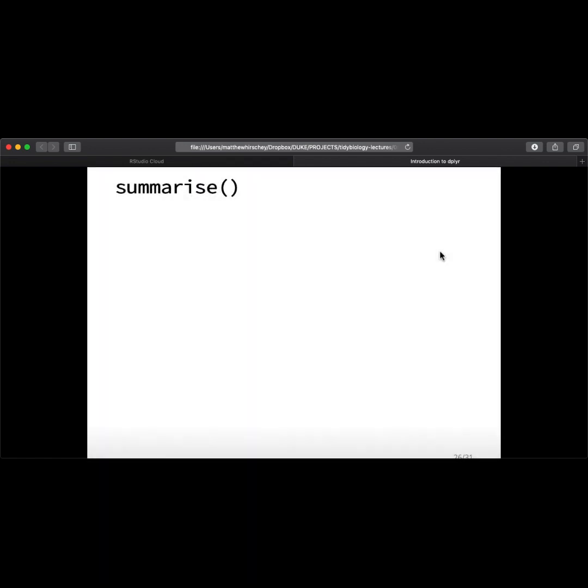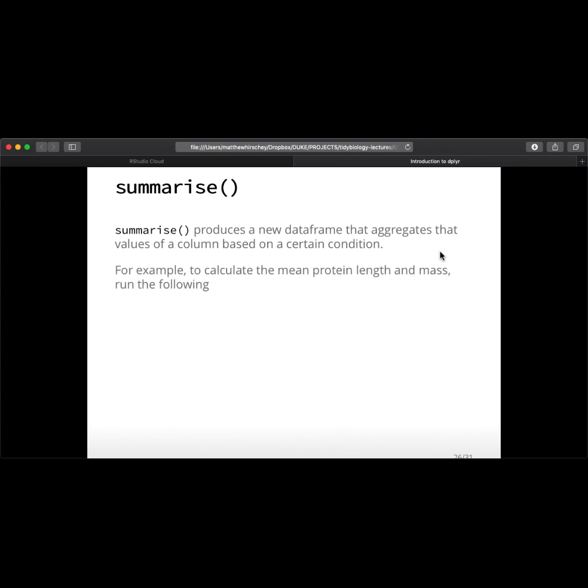Cool. All right, so moving on to the summarise function. What summarise does, as the name suggests, is it basically aggregates across all the values of a given column based on a certain condition. So for example, if you wanted to work out the mean protein length and mass, you would execute something like this. So again, we're using the proteins data set for this example. You pipe it into the summarise function, and